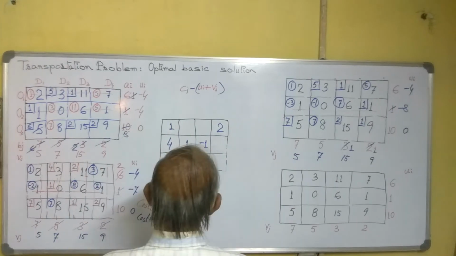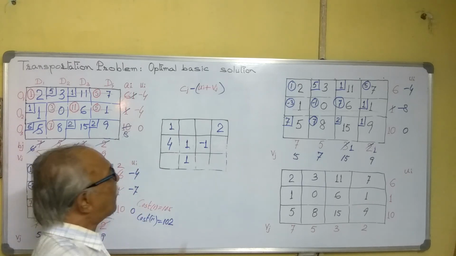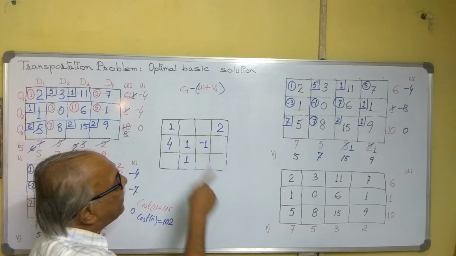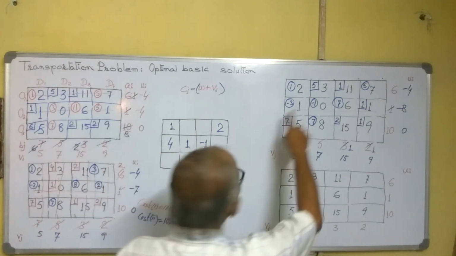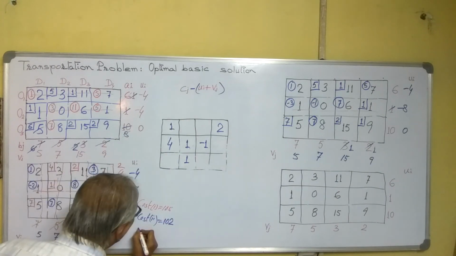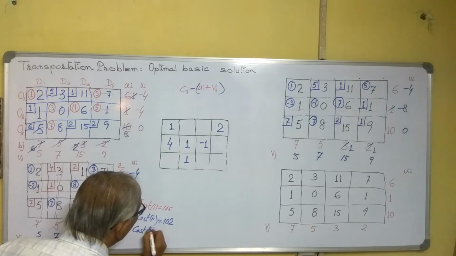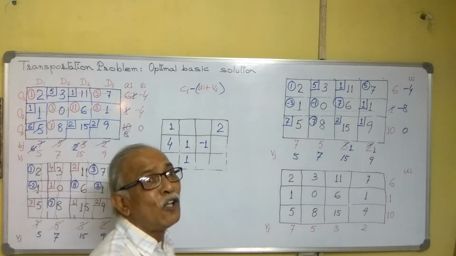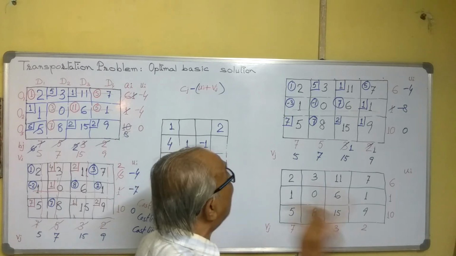So in this way we have allotted all, but again one negative is coming, hence we can say this is not the ultimate solution, or it is not an optimal solution. Again we can calculate this one's cost in this case. Again I am repeating, this calculation of cost is not essential, but it is essential for learning.